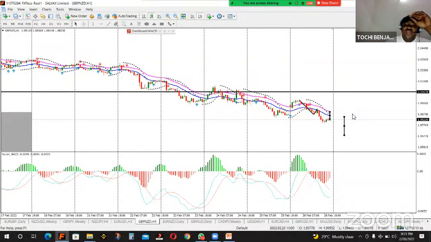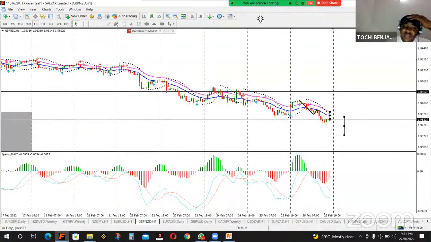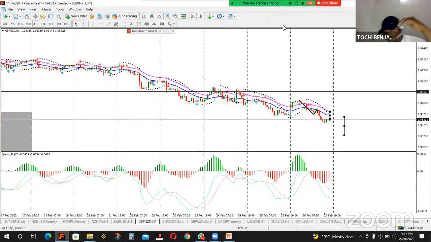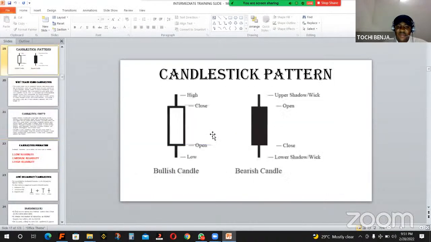Okay, I think we've done justice to moving average. Some persons are leaving, possibly because of network or something. We may not have to do relative strength index today. By tomorrow, we'll do relative strength index and MACD. If possible, we'll do divergence. Relative strength index, MACD, and divergence. You can see it on your slide. If you have the slide, they are there. Now, this candlestick pattern.